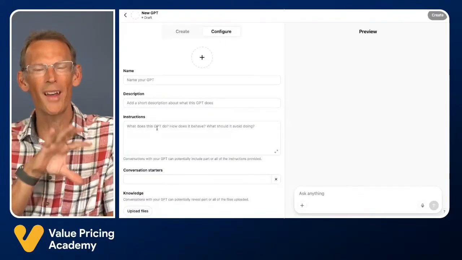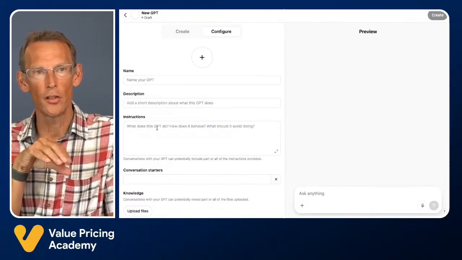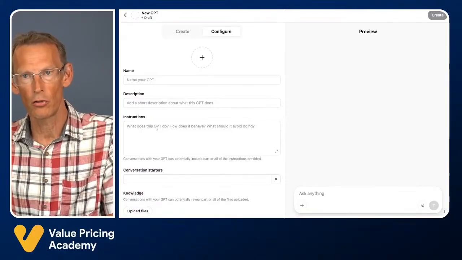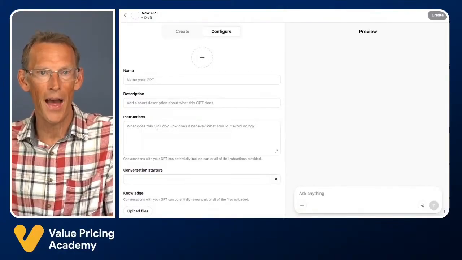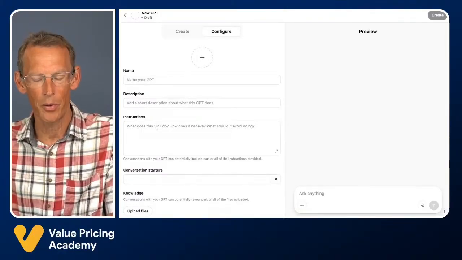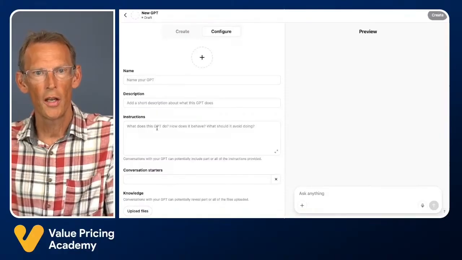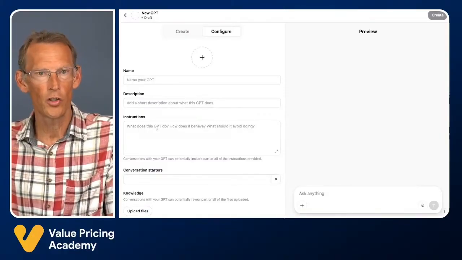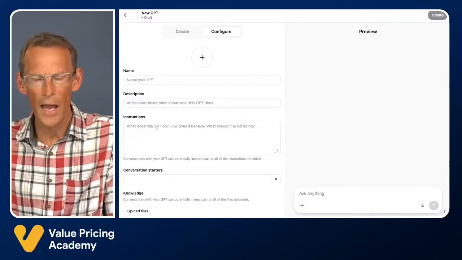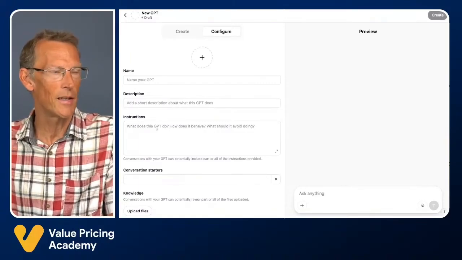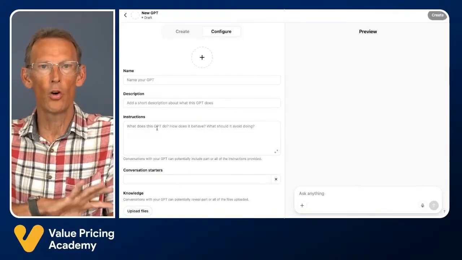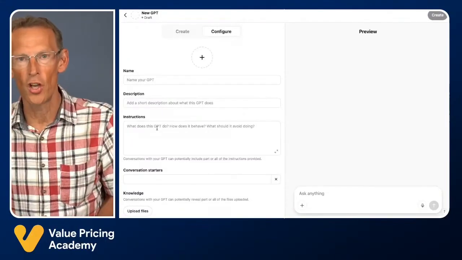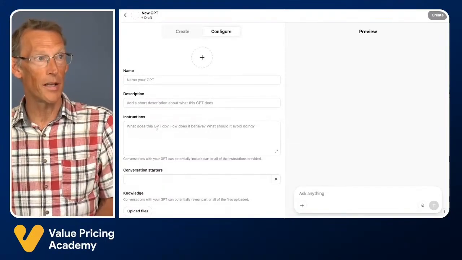instructions box. In fact, what I do is I will write the instructions perhaps in a Word document, a notes document, and then copy and paste across. And the reason I recommend that is because if you get into the habit of keeping your instructions in a separate file, if something went wrong, if your GPT was to crash, I don't think it's ever happened to me, but let's say it disappeared for whatever reason, if you've got all of your instructions somewhere else, you can always then just start a new GPT and copy and paste.